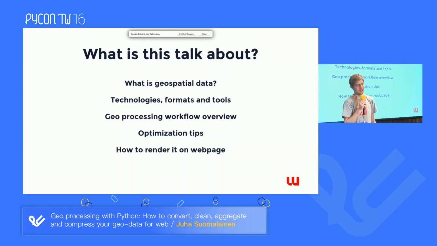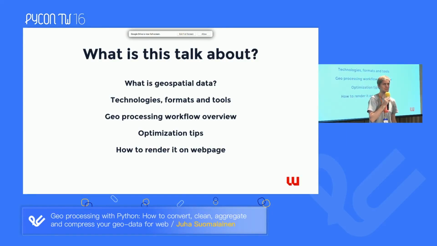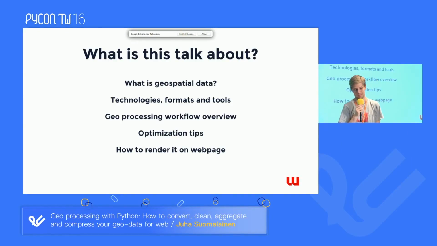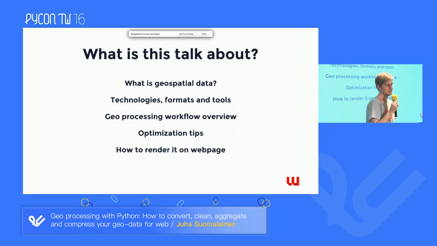And then I'll go through the overview of how you usually build applications, both the data processing part as well as some of the front-end technologies. I will give some optimization tricks and also try to warn you about some of the pitfalls that usually happen related to geodata. And I will show some examples of what you should consider when you want to render it on the web page. Obviously, that part is not Python, so I'll try to keep that part short, but hopefully